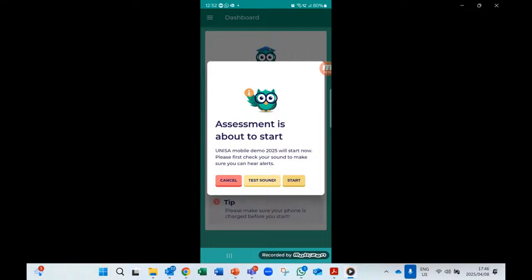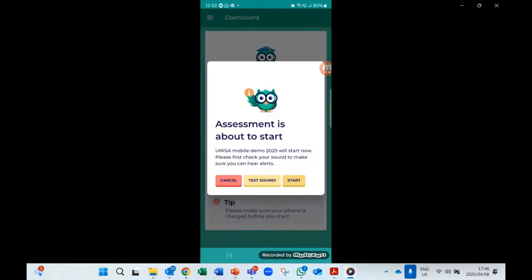So remember, if you need to take any photos, for example, take a selfie or take a photo of some form of ID or whatever the case might be, you will hear an audible prompt on your phone. So it is important that you test your sound. So I'm going to click on the middle button that says test sound. Right, the prompt is nice and loud and I can properly hear it. If it was too soft or too loud, you could make the adjustment, and once you're happy, you click on